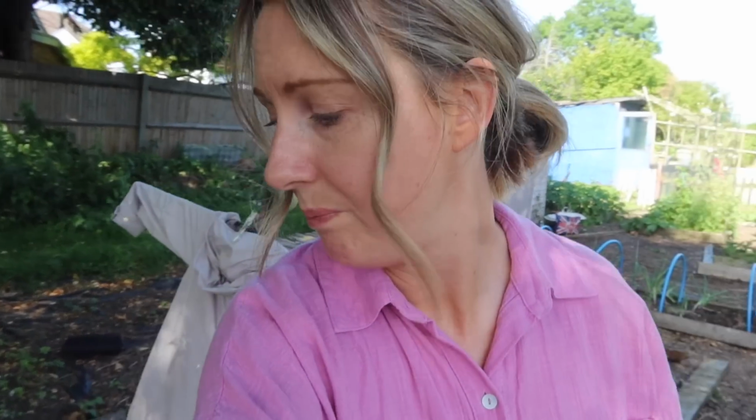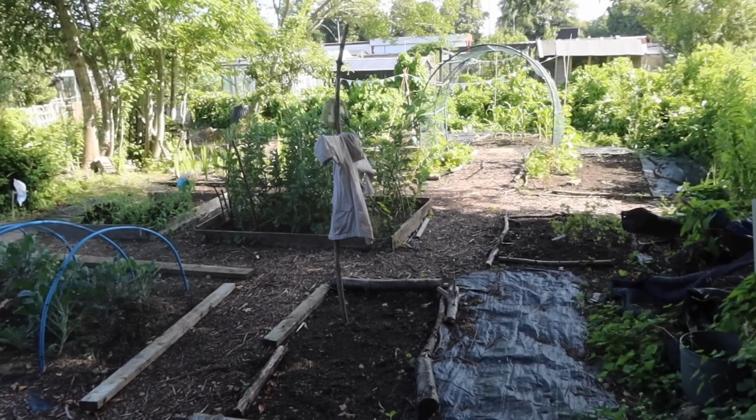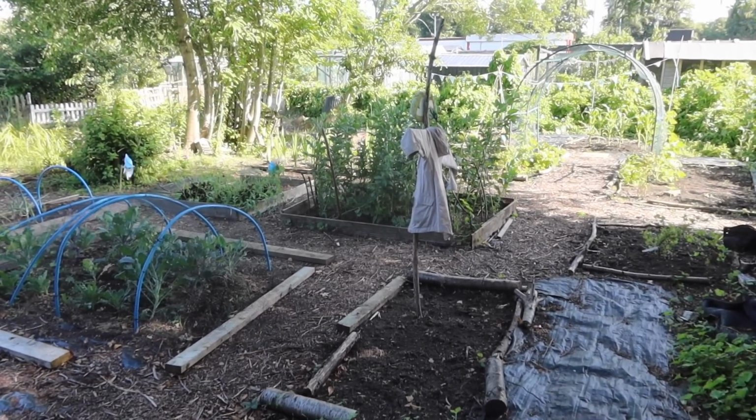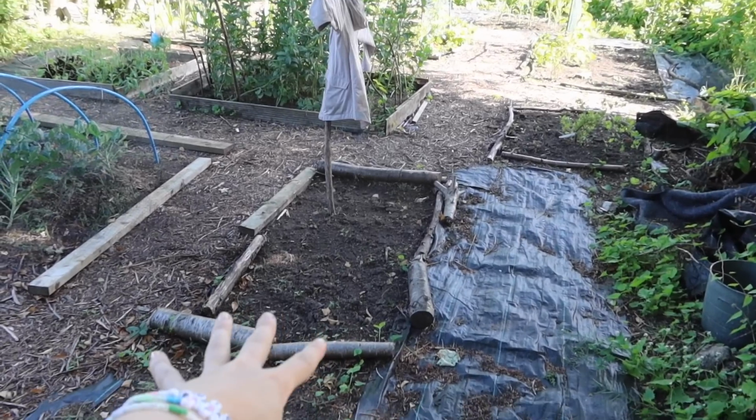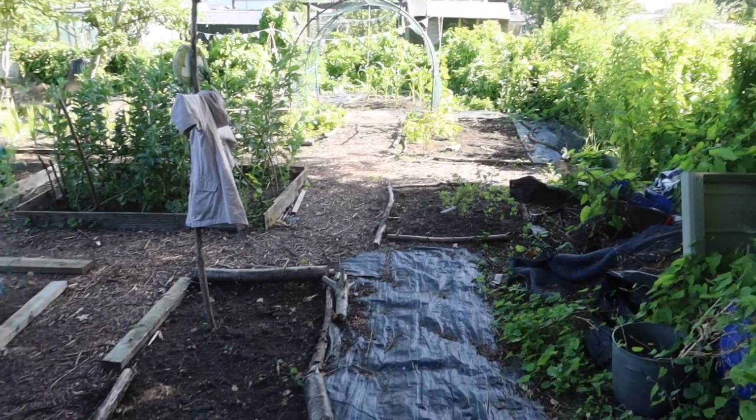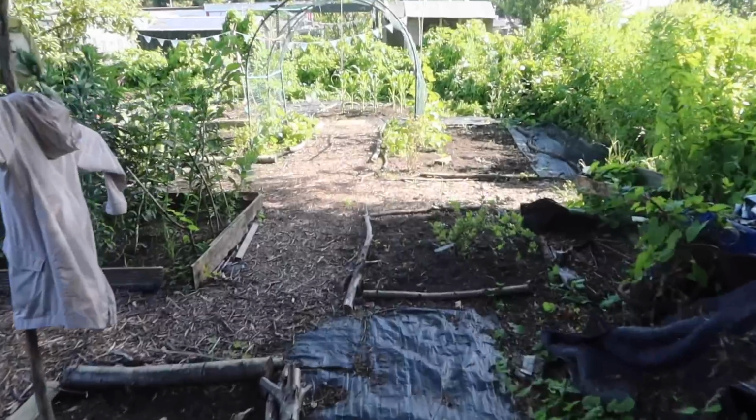So anyway, what I've been doing over the last few days, since you saw my last vlog, is I've worked my way around the plot and just worked on individual areas, pathways, plot, raised beds and things like that until it looks like this now. Easier for me to show you, but the plot is looking so much more in control and maintained now. I tackled this bit with you guys and I showed you this bit and also the gooseberry bush, but if we come down here towards the archway now,